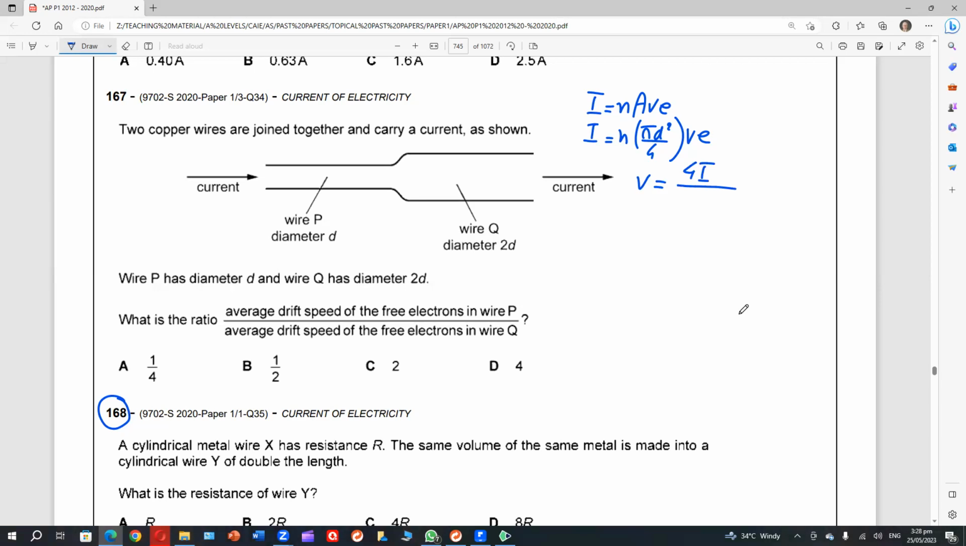Let me make velocity the subject: V equals 4I upon pi n d square and e. This is the formula for V. Now he wants me to make a ratio. So I will take VP upon VQ. I'm not taking the constants, as constants are not